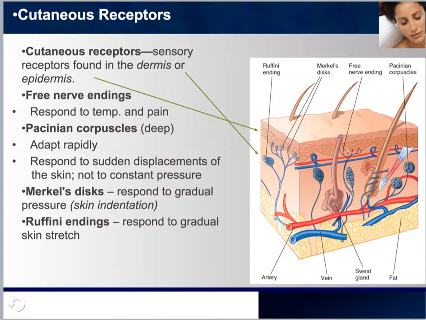And the Ruffini endings, which are over here, are the ones that are also known for responding to gradual skin stretching. And the skin stretches in various ways. If you do the obvious, like an Indian burn on someone's arm, that would be one form of stretching the skin. But we also know that when we get cold, if you've ever experienced cold temperatures, and we know that for Californians and Angelinos, it is anything below 70 degrees, but we're talking about maybe 20 or 30 degrees. If you're outside for a while with a wind chill factor, you see that your face, if it's not covered,